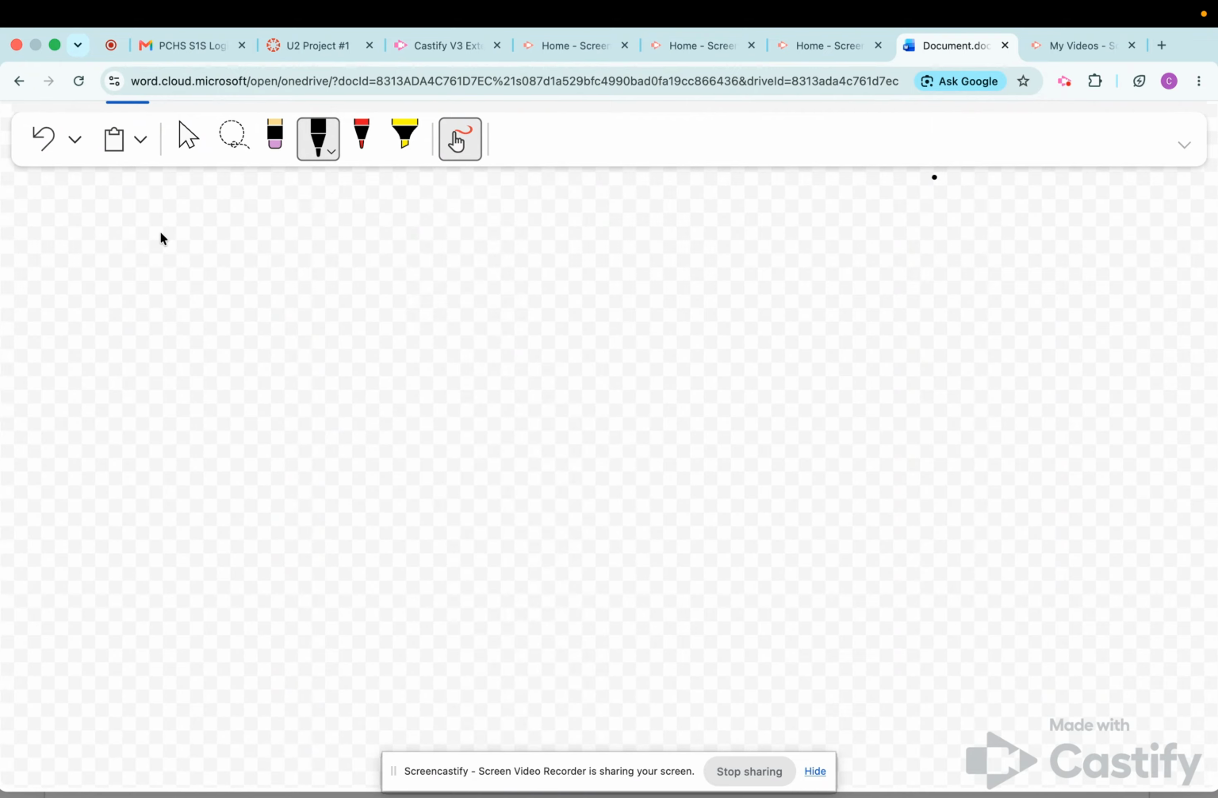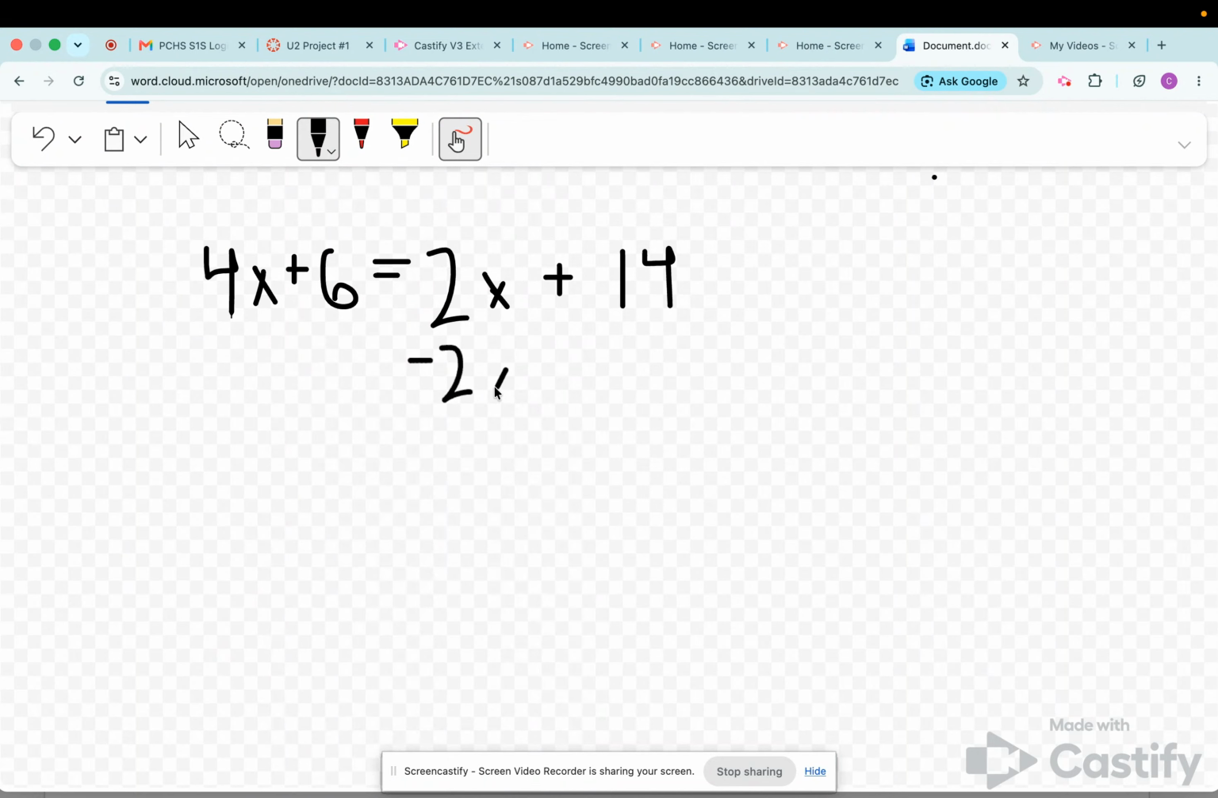For example number 2, let's go with a slightly more difficult problem. 4x plus 6 equals 2x plus 14. Now, first, we're going to start with like terms. So we have to subtract 2x from this side. I always go with the lowest variable so it keeps them positive. So subtract 2x from both sides